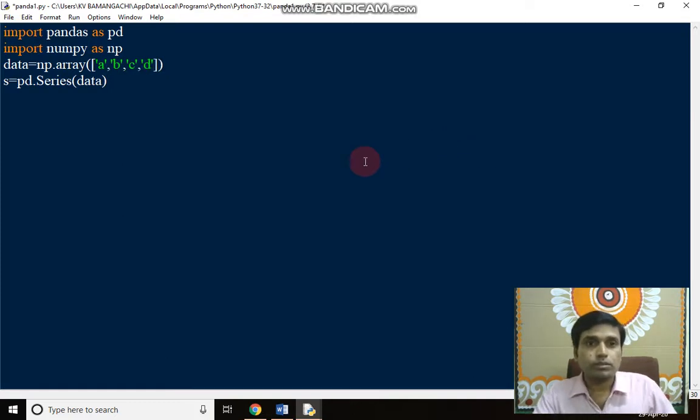So this is the function array, which will convert it to an array.